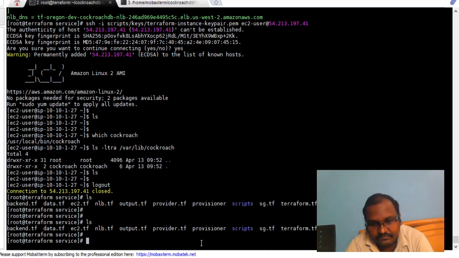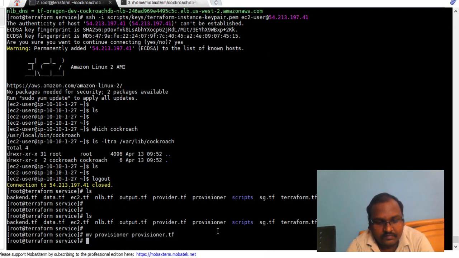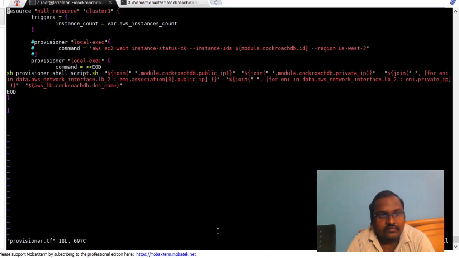So let me move to provisioner.tf. In the provisioner, let's see what exactly is there. So here I also mentioned the null resource and about provisioners, local executions before. So here